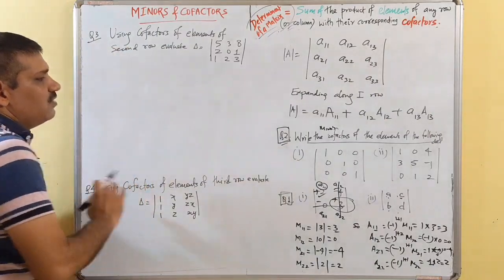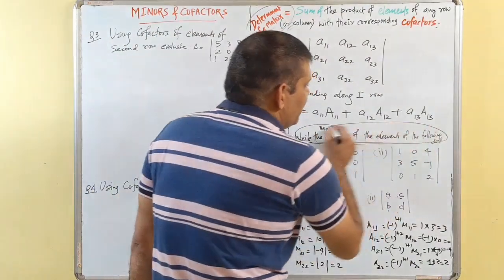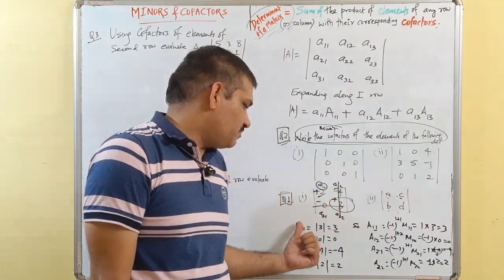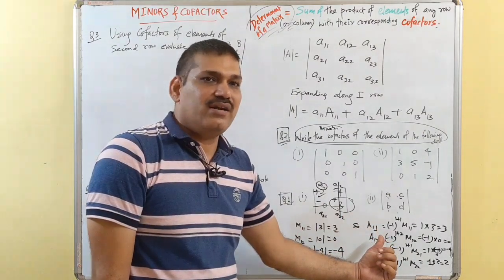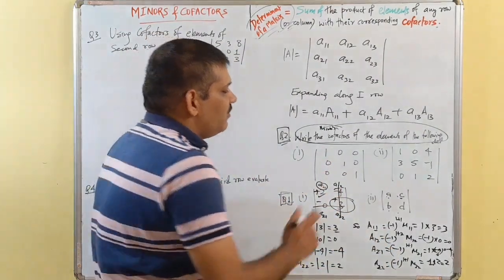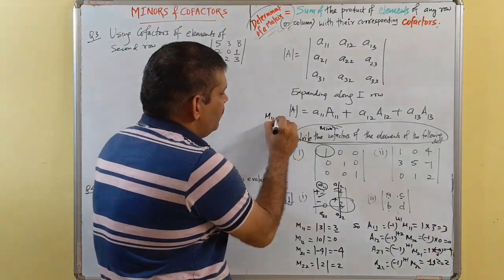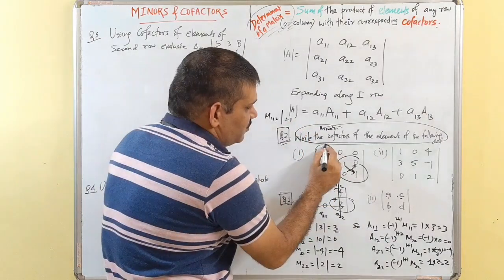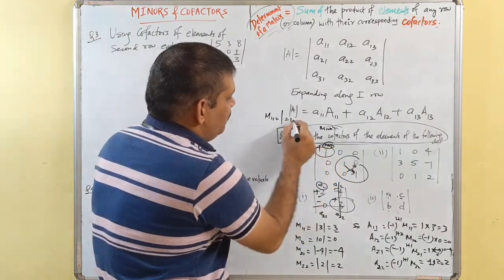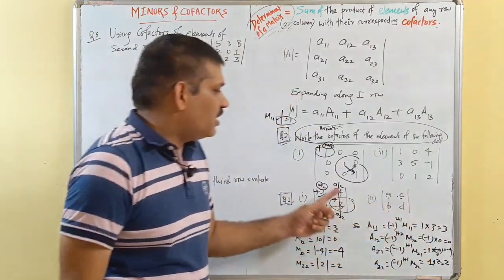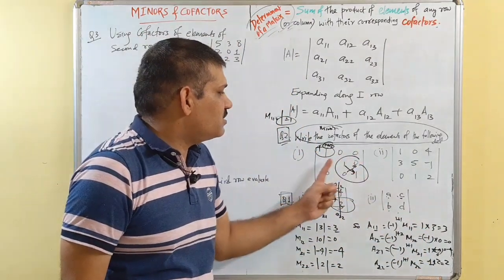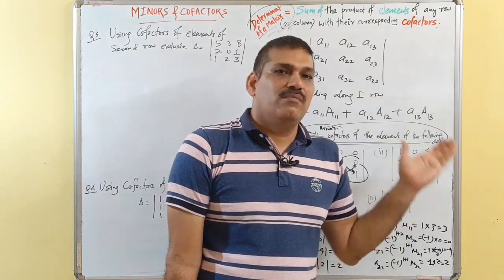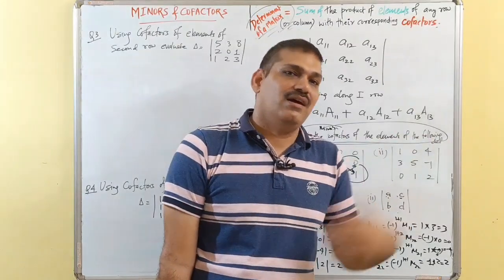Now we have second question. Write the cofactors of the elements of the following determinant. So here it has 9 elements. Each element will have its minor and its corresponding cofactor. So the minor of this element, if I talk about M11, will be a determinant, that is this 1 minus 0, that is 1, and this at position 1 1, so 1 plus 1 is even number, so positive 1 will be the cofactor. Again, the minor of this will eliminate this and this, 0 into 1 minus 0 into 0, that is 0, and likewise we will find the minors and cofactor of all the 9 elements.